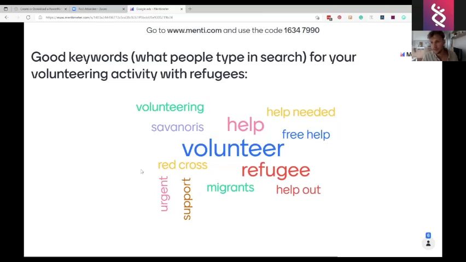Volunteering, also a good keyword, quite broad, but still it covers a lot about your activity. So it's volunteering and volunteering activity with refugees. Savanori is also quite good if your target group is Lithuanians. Help, I think it's a little bit too wide because there might be a lot of different kinds of help that people might be looking for. Maybe someone needs help with a car, someone needs help with dental problems. So free help,